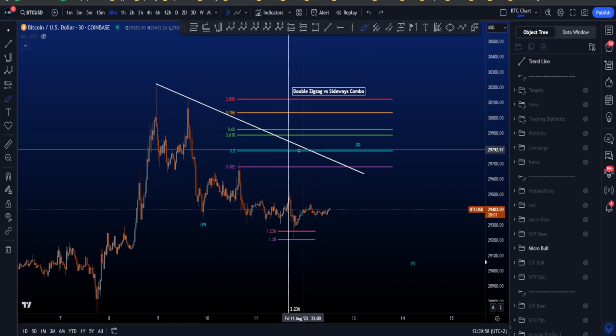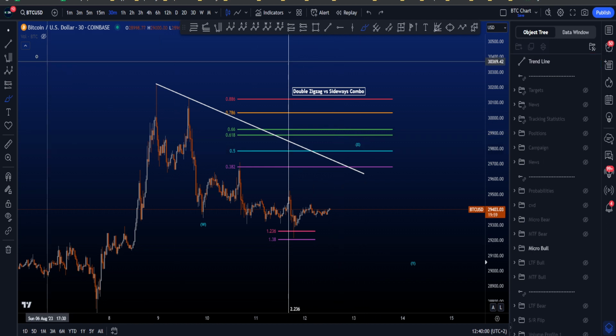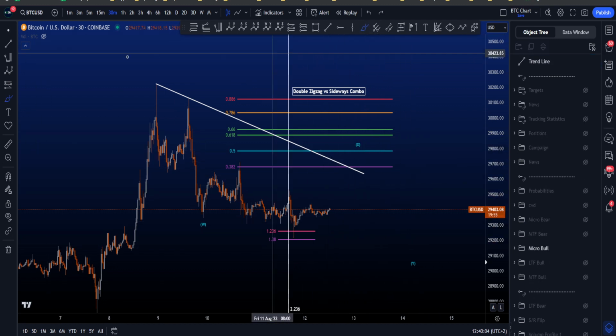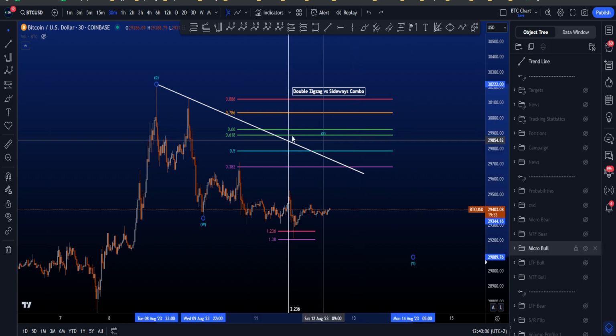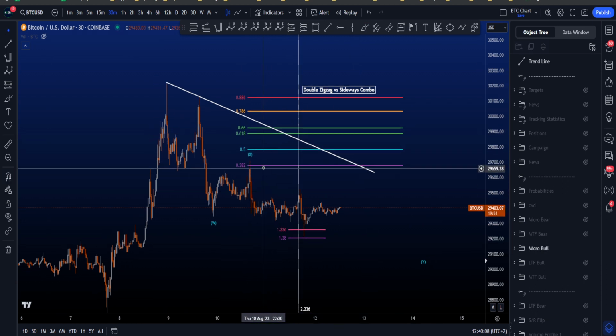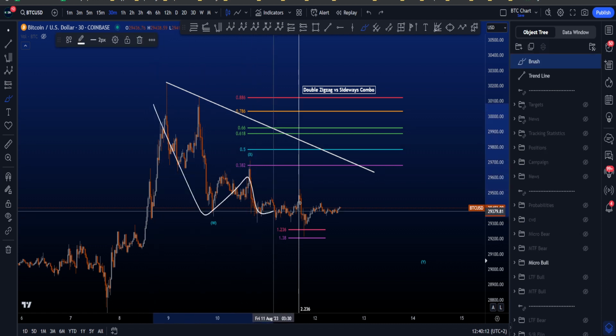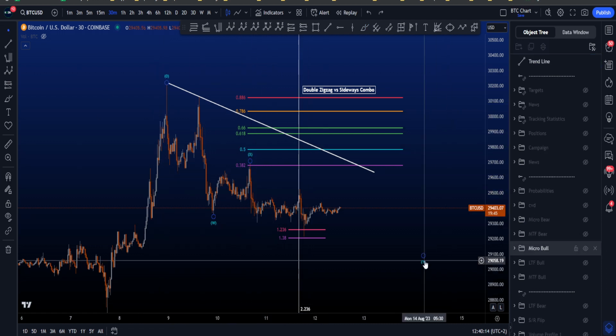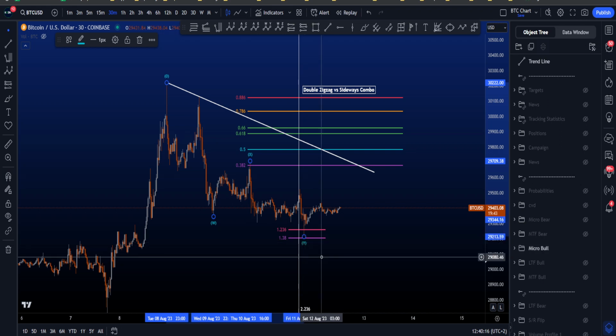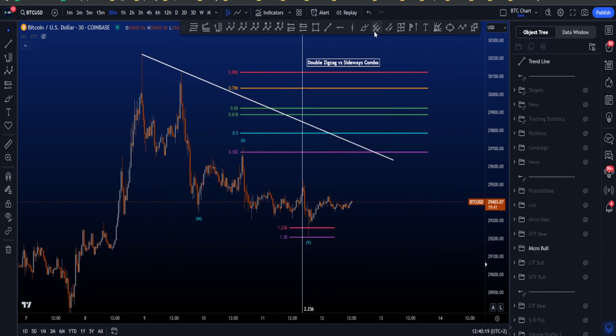So at the moment, I prefer wave X to still have a higher high, moving towards the upside before a Y to the downside, because as it stands, putting this over here as the high of a wave X, so then you have a W, X, and then this being wave Y to the downside does not make sense to me, because then we are talking about a double zigzag,